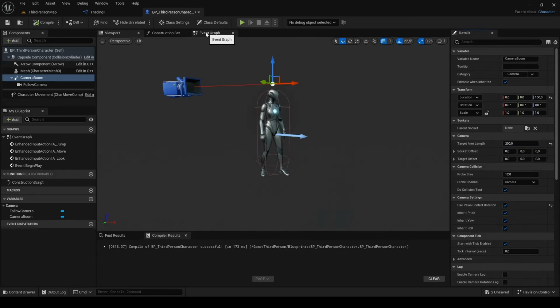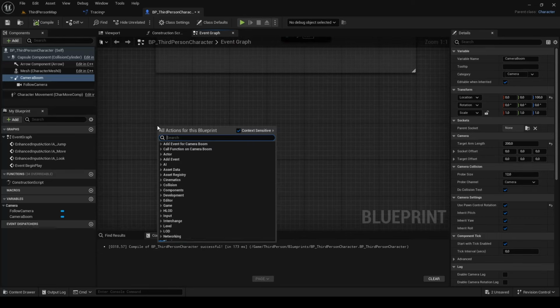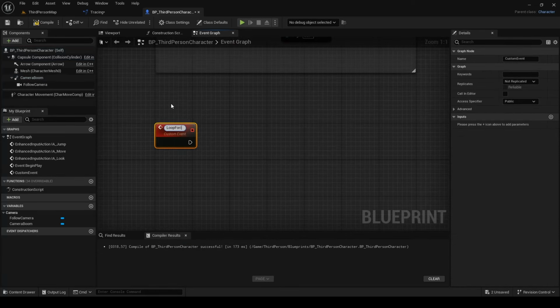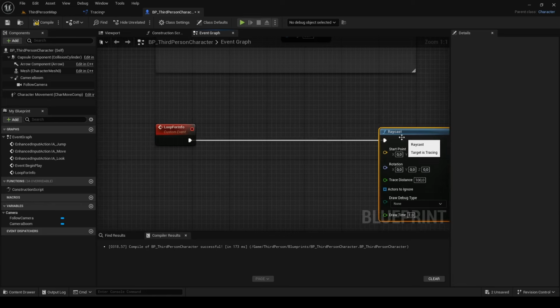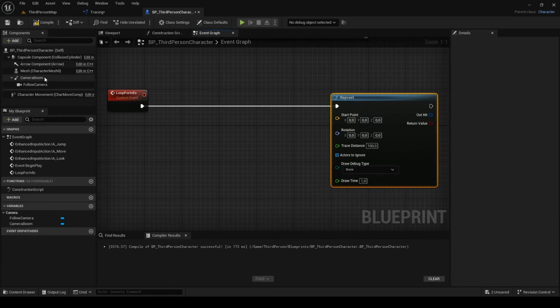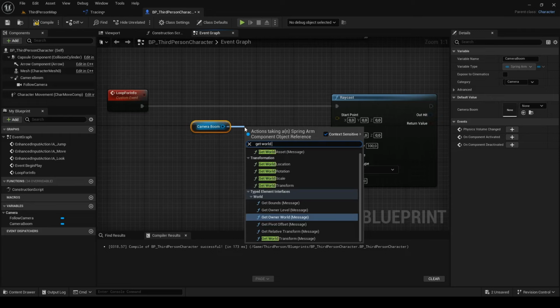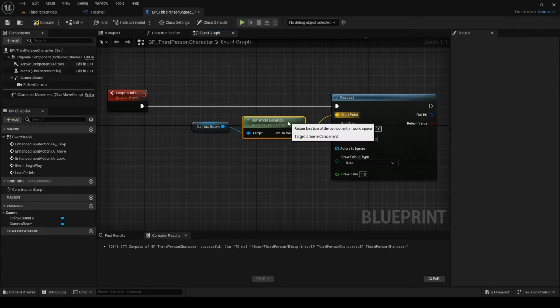Switch to Event Graph and move down under default events. Here create a custom event, which I name Loop For Info, and add the Raycast function. Drag in Camera Boom and out of it search for Get World Location and connect it into Start Point.